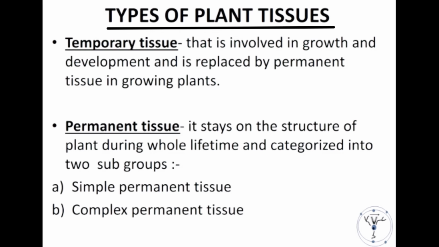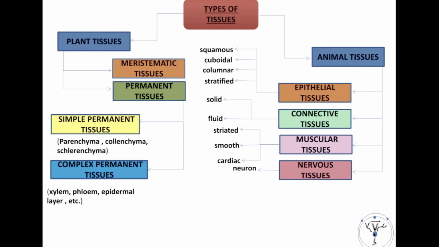After their buildup, temporary tissues are shed off or removed or deteriorated from the surface of plants. Under the heading of temporary tissue, we will discuss meristematic tissue, different kinds of meristematic tissue, their location and their function, and examples through which we can easily identify the functioning of these tissues in different plants.